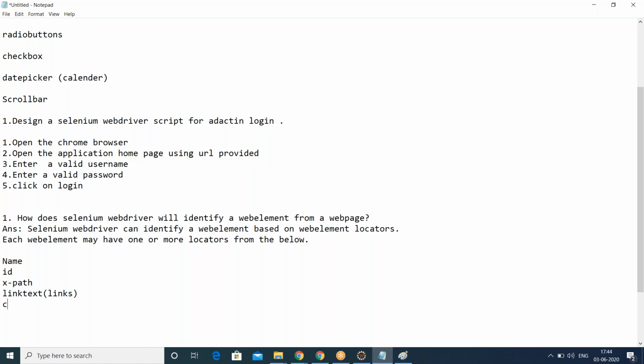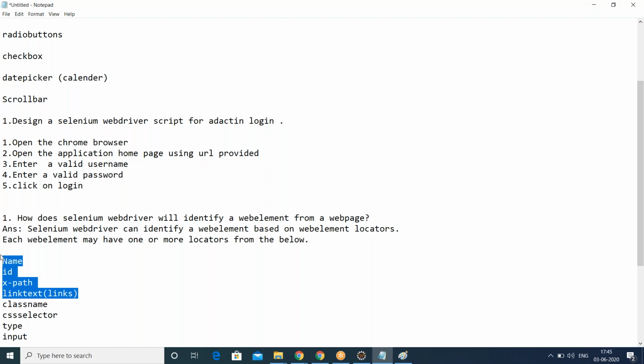Okay. Next we have class name. So these are all mandatory. The major ones are name, ID, XPath, which we use most of the time. Apart from this, class name, CSS selector, and tag name, or HTML tag, are also locators. But take any application, we are able to write a test script using just four of them, no doubt about it.